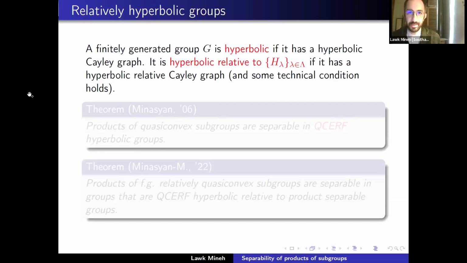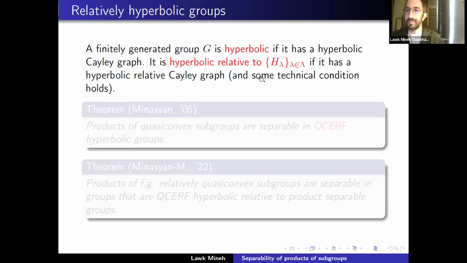I want to mention. Okay, so I won't go into what hyperbolic groups are and what they're all about, but you should just think of them as nice groups with some sort of negative curvature condition. So hyperbolic groups are groups where the Cayley graphs are hyperbolic as metric spaces. So they're kind of like fattened trees in some way. And I'm interested in this sort of the Topeka condition of relative hyperbolicity. So I'm really not going to explain this, but a group is hyperbolic relative to some collection of subgroups,